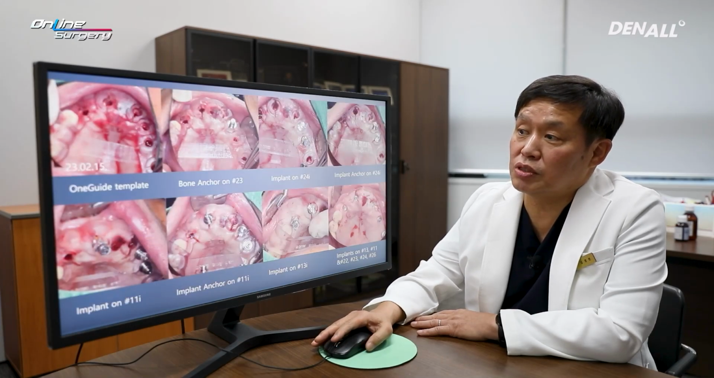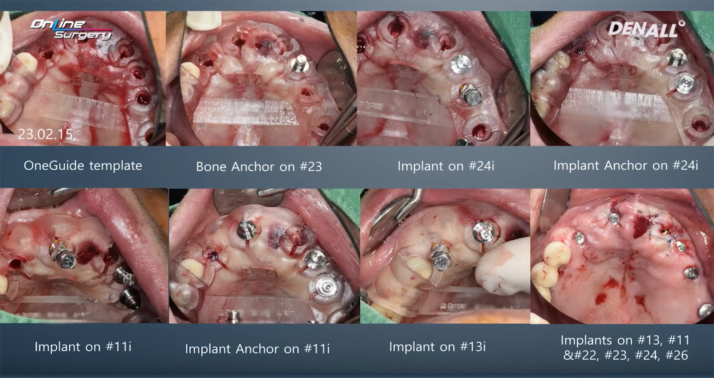This is an image taken during surgery. In the beginning, you can utilize the implant in the upper right. I started by placing bone anchors from number 23. The template was fixated, and then I placed the implant in number 24. After that, the implant anchor was used. Vertical anchors were placed in number 23 and 24, and